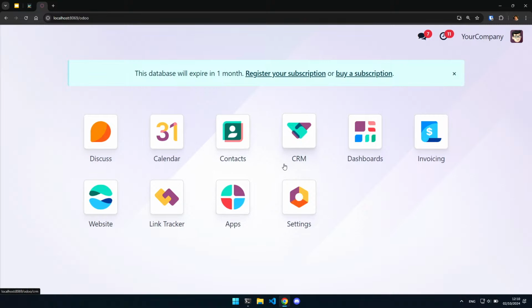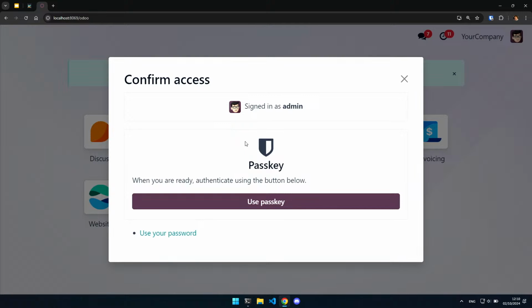Then I also showed you that there will be an ability to sign in regularly according to the inactivity of the user. So I put a very low timeout on this database, so it will ask me immediately to sign in. So you have that little screen. Of course, it's not yet fully developed, so it might change. There is no promise there.